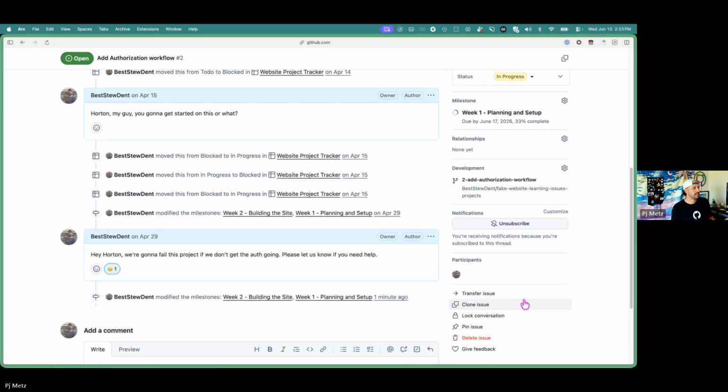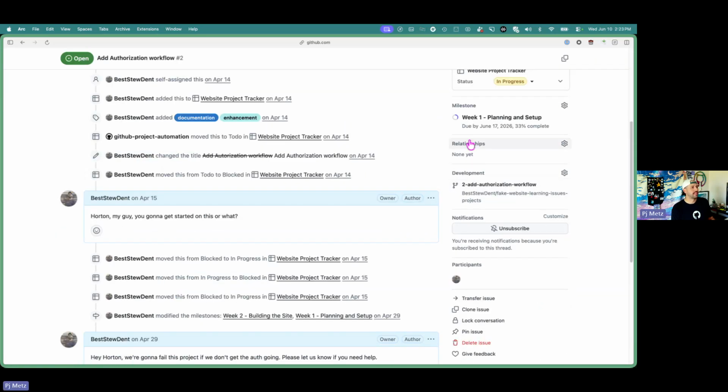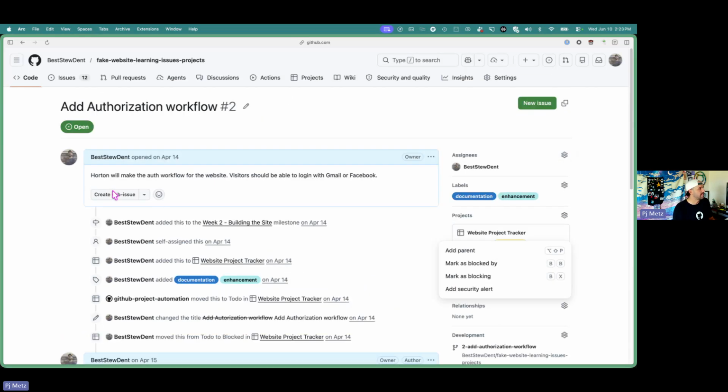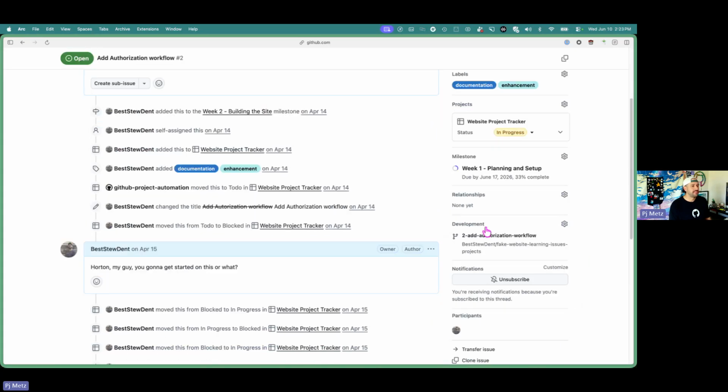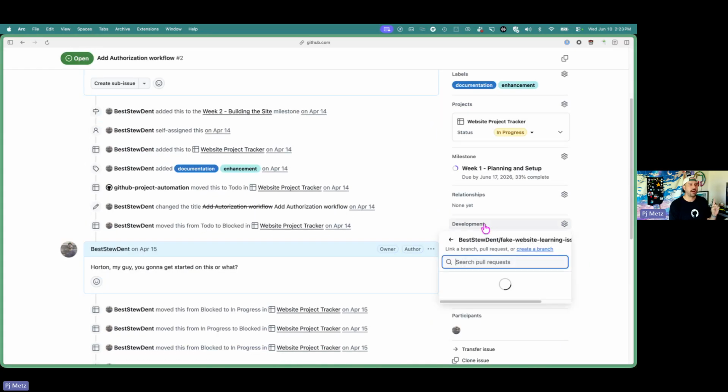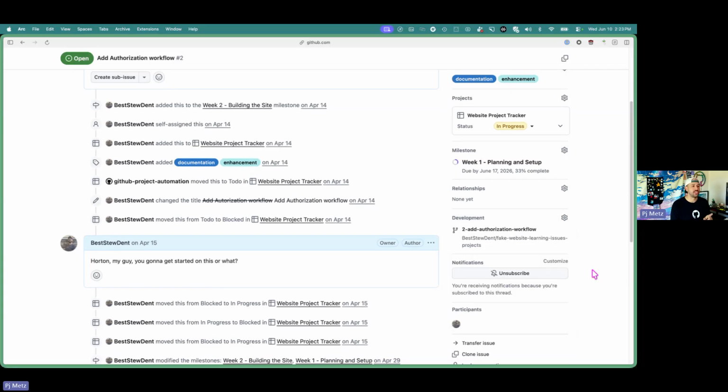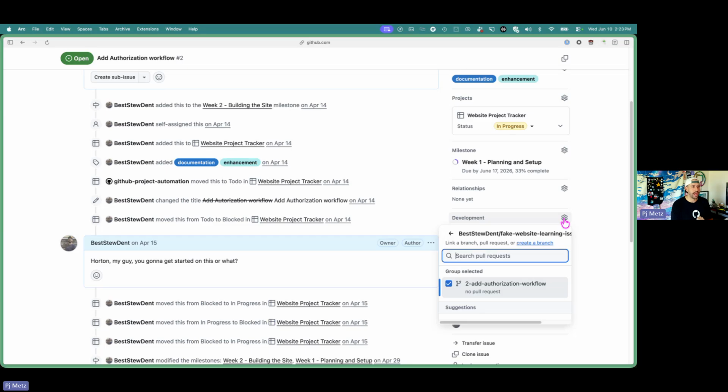Okay. Awesome. Down here is the relationships tab. This is where if you want to make a parent issue, you can. So you can have sub issues, and you can actually see that right here, create a sub issue. So maybe your big issue is some large, really big piece of work, but there's little things that need to be done underneath. You can create sub issues for those, and you can mark those relationships here. Additionally, for development, this will tie to branches and pull requests that are related to the issue. So you can add that relationship as well here.